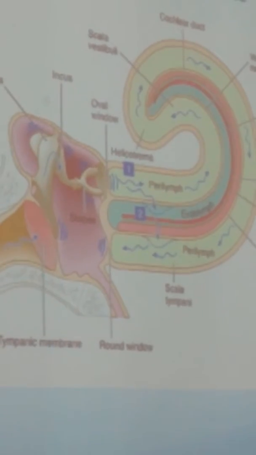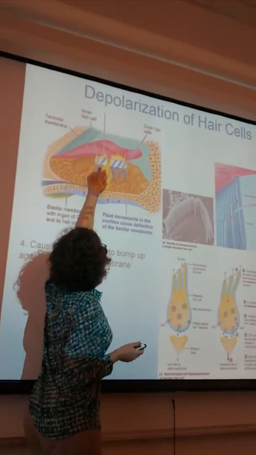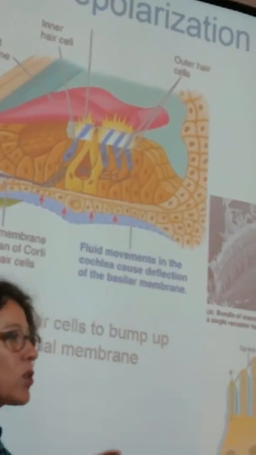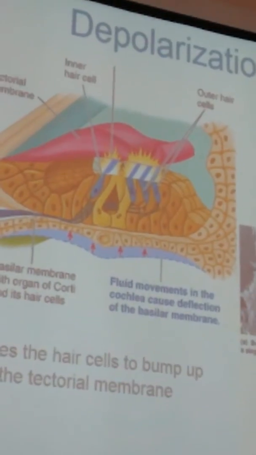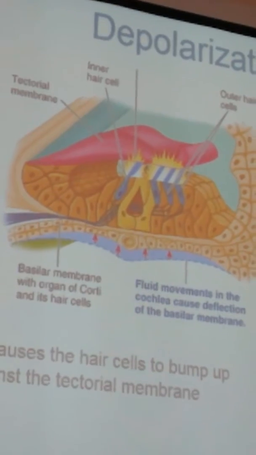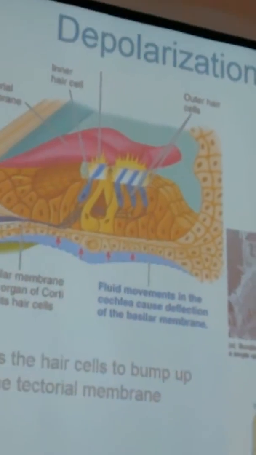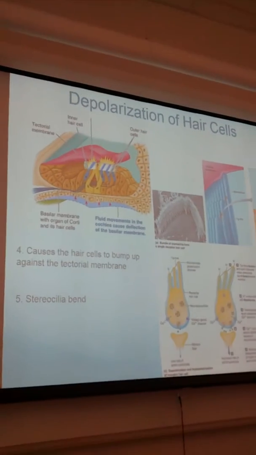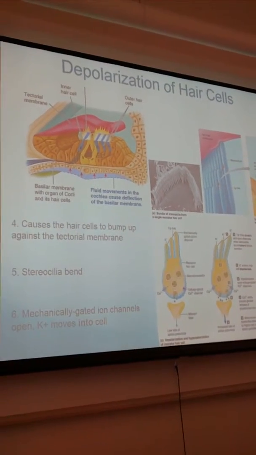And when that basilar membrane oscillates, it's going to cause the hair cells here to bump up against that tectorial membrane. When those stereocilia hit that tectorial membrane, when they bump up against it, it causes the stereocilia to bend. And I'll just walk through the rest of these steps here. So the stereocilia will bend, and